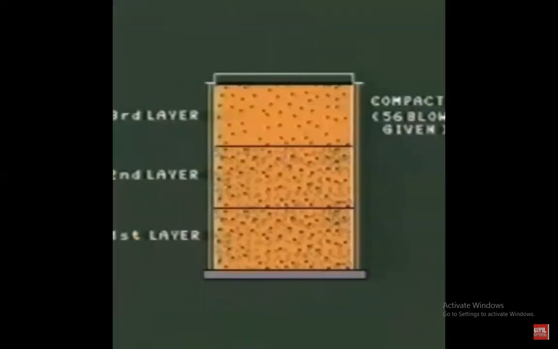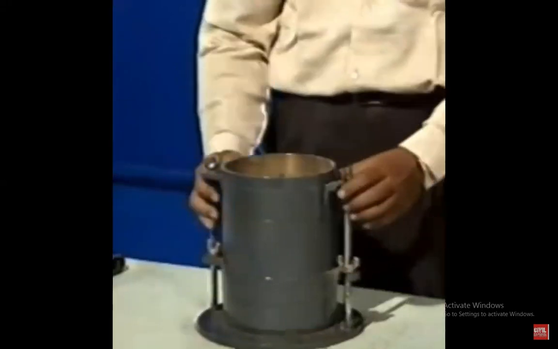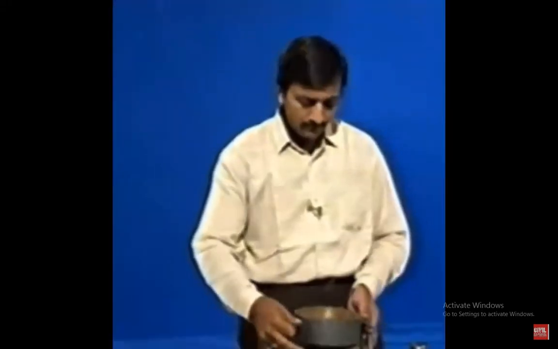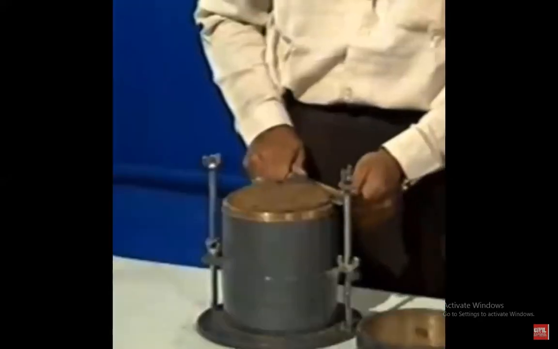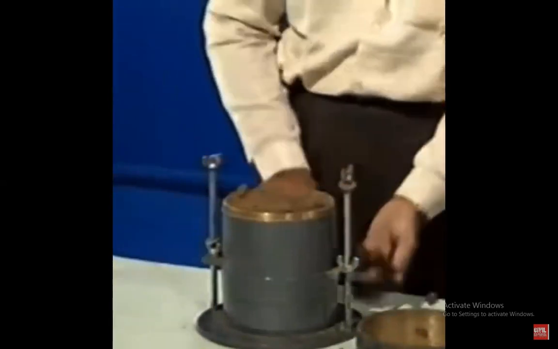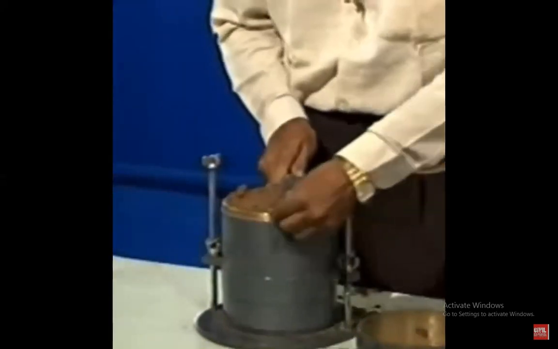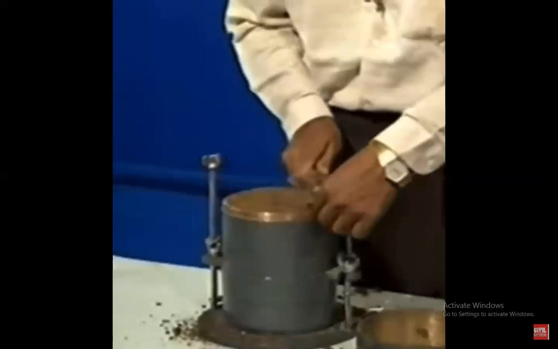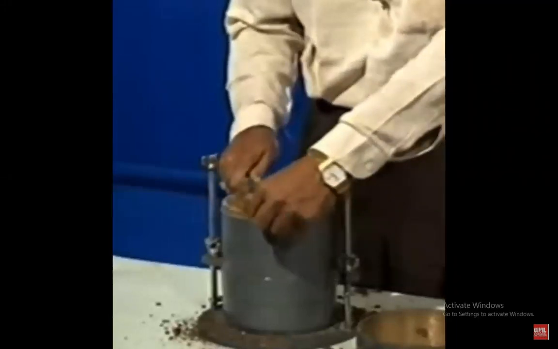तीसरी लेयर भी डालेंगे और फिर कॉम्पैक्शन करने के बाद हम क्या करेंगे, उस मोल्ड के ऊपर वाला कॉलर को निकाल लेंगे। तो उसके बाद क्या करेंगे, जो इस सैंपल का ऊपर वाली जो सरफेस है उसको हम ट्रिम कर लेंगे, यानी कि उस सरफेस को प्लेन कर लेंगे। फिर क्या करेंगे, इस मोल्ड को निकालने के बाद इसके नीचे